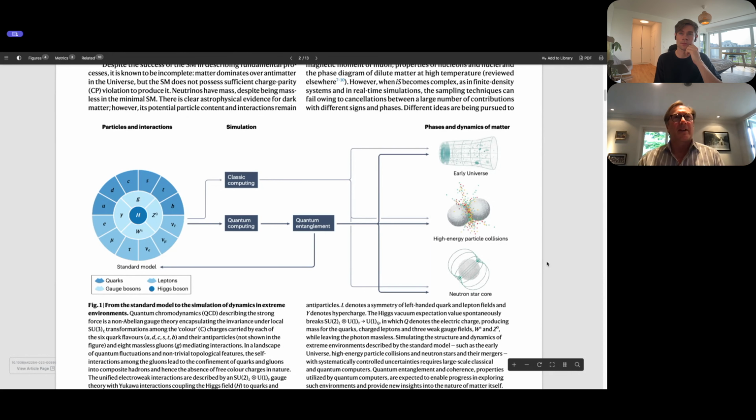So, as I mentioned earlier, we're in this really fortunate situation that we know what the Hamiltonian is determining the dynamics of the standard model particles. And so, there are things we don't know, like dark matter, dark energy. We don't know all the properties of neutrinos and so forth. But for the standard model particles,